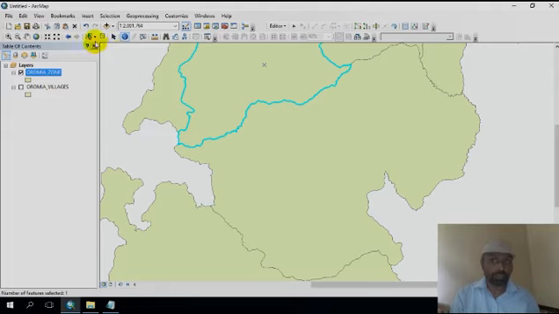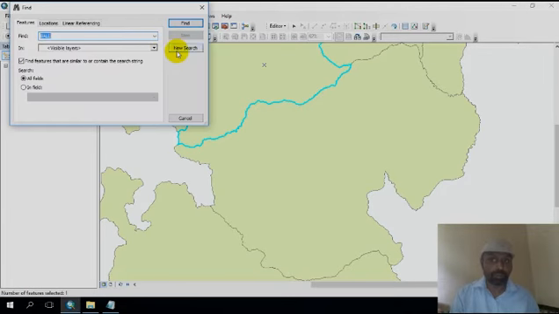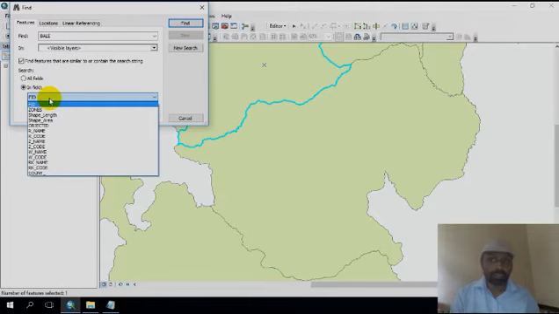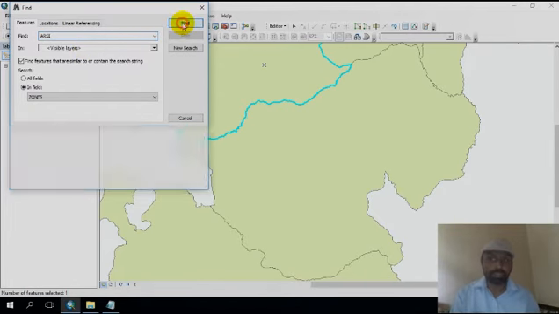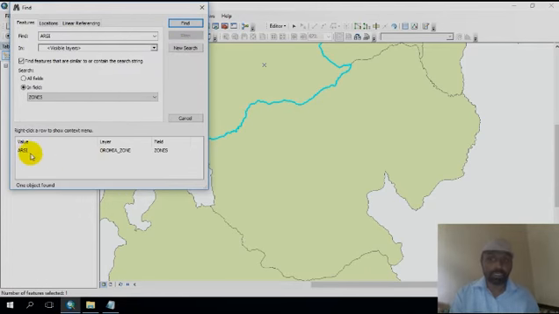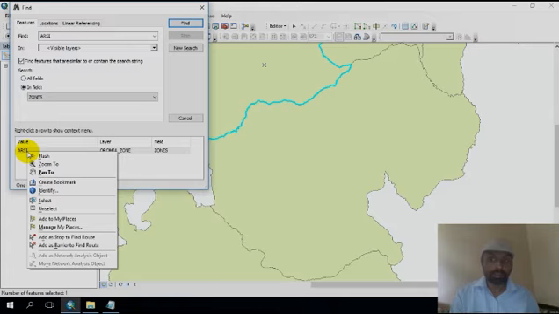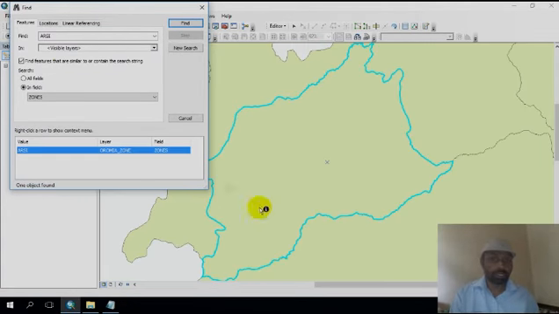Just go to the find tool. Then in the field, meaning the particular table zones, from the zones you have to find the RC. You have to type it, then find it. After clicking find, it will show the RC. Here right click, zoom to the particular place. You see, this means RC zone.